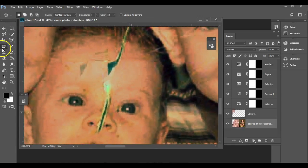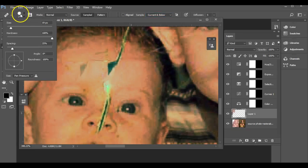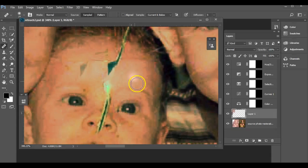So here, let's take a look at the healing brush tool. Now here we can use our patch layer, and it is going to sample more or less the overall texture and some of the color. So it's not quite the same as the stamp tool, but it does take care of some of these problems. So here we go. We need to select current and below, just like we would with our stamp tool. And here I'm going to make sure that this brush hardness is all the way down. I'm going to define my source area, and then here we go. We can take that little crease out of the little baby's head,